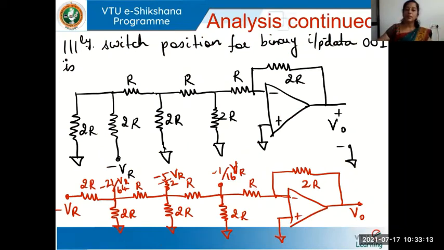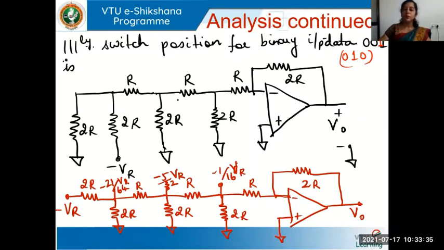Similarly, the switch position can change to 001. It can be 010, anything. So actually next we can do for 010 and then 001 if we want to prove completely. But for now, we'll just show how it looks for 001.